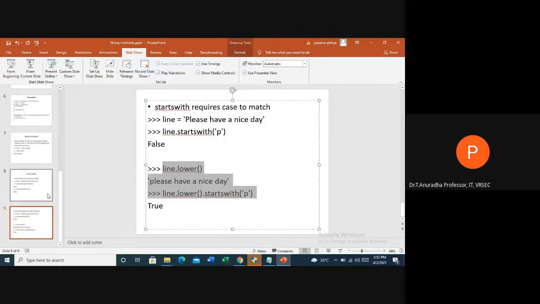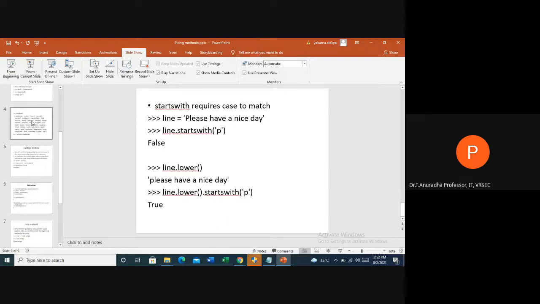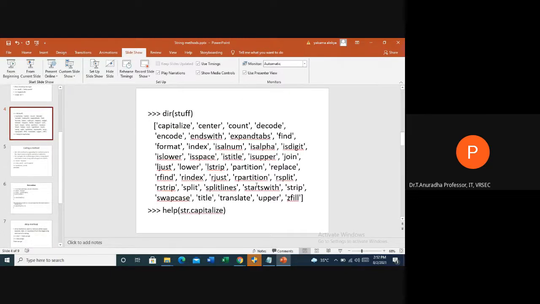Now these are some of the examples of Python methods. Likewise, you can try with any of the methods that are there in this list. These are all the methods that are possible with Python strings. You can apply any of them by using your string object name, dot, the method name. And you can check each function, but remember to know the arguments that are there by using the help function. So first apply the help function, know the syntax of the method, then you can apply these methods on any of the string objects.